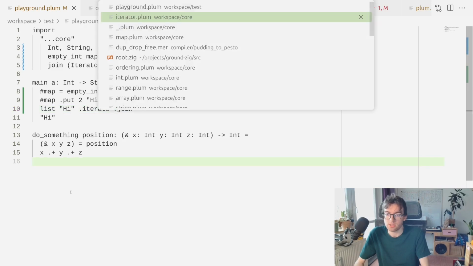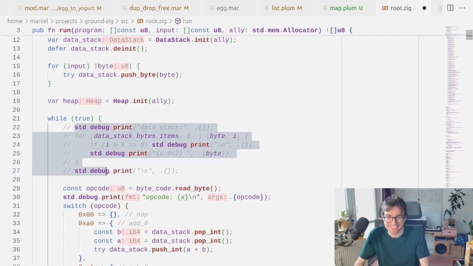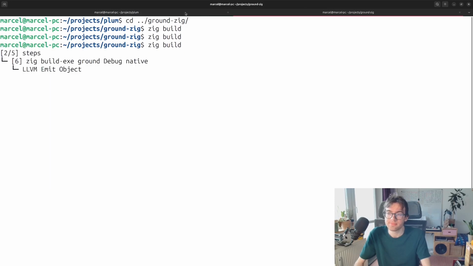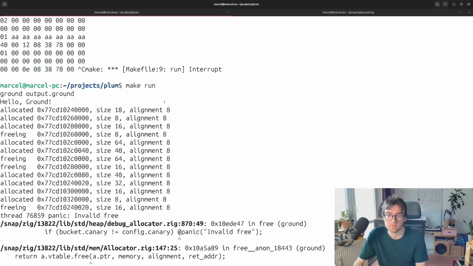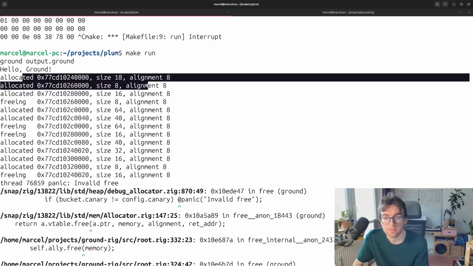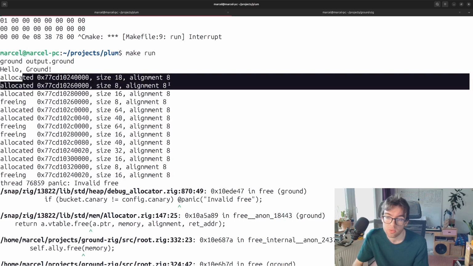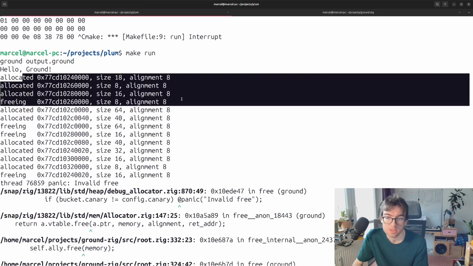Let's maybe look at the allocations, just for fun, I guess. Oh, right. Alright, we allocate something. That's the string high, probably. We allocate a lambda. Empty buffer. Free the lambda. Then we